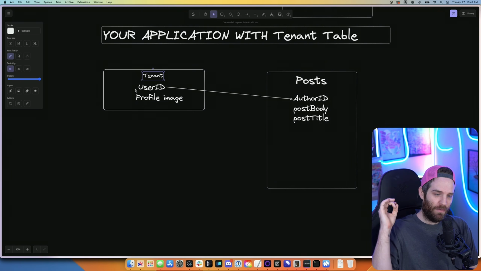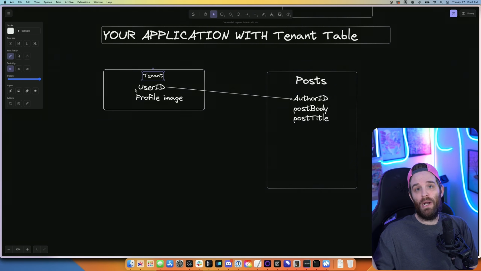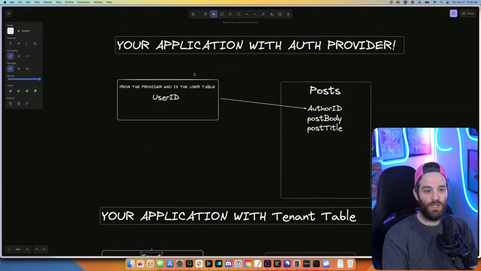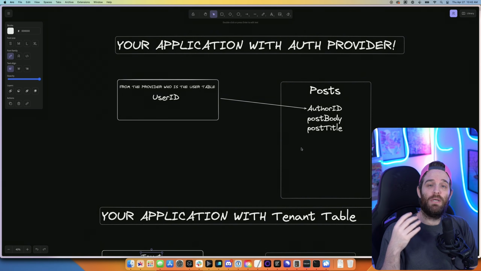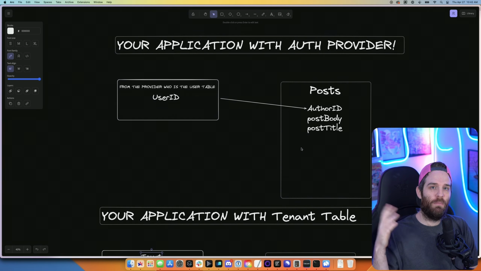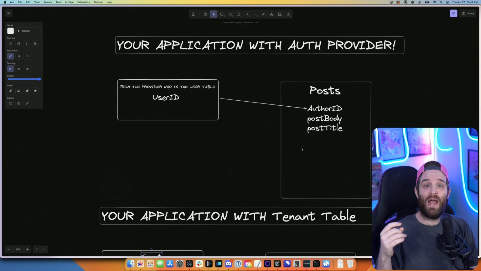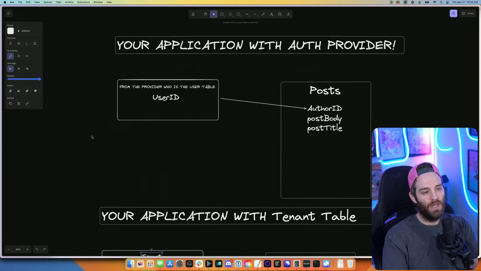So what does this look like in the real world today? Could I show you an application that is using this, where they're not using a tenants table and they're just using a user ID and handling this? Well, I can show you how this works by using Theo's Chirp application tutorial, which you can check out in the corner. I'll put a link somewhere, where he is using Clerk and he's also using author ID to grab each and every individual tweet. So let's look at that and how it works, and I'll show you the code behind how he's using it to fill in those pieces of information and the minimal amount of latency that you get today.